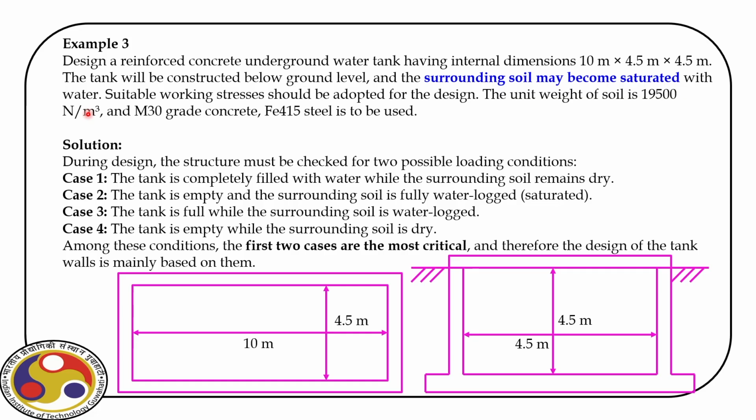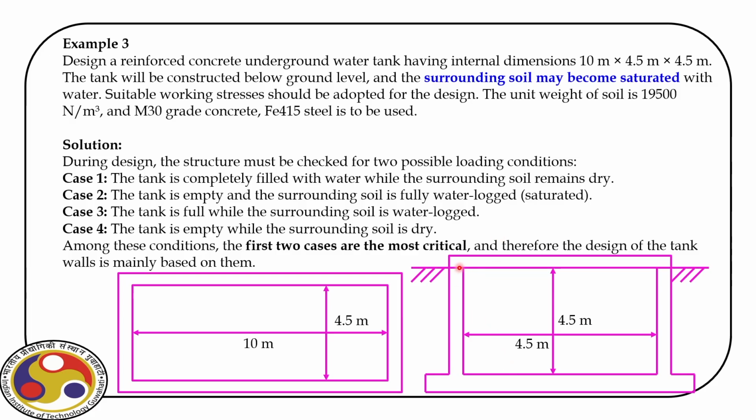Now when we design an underground tank, particularly for this case where we have a tank with saturated soil surrounding, there can be 4 different extremes, as you can see listed on your screen. So case 1 is when the tank is completely filled. So we have water inside and the surrounding soil is dry. That means the water table is below this base, so it is not fully saturated. And that is the first load condition. Obviously, we'll have soil pressure from outside due to this dry soil, and then the water pressure due to